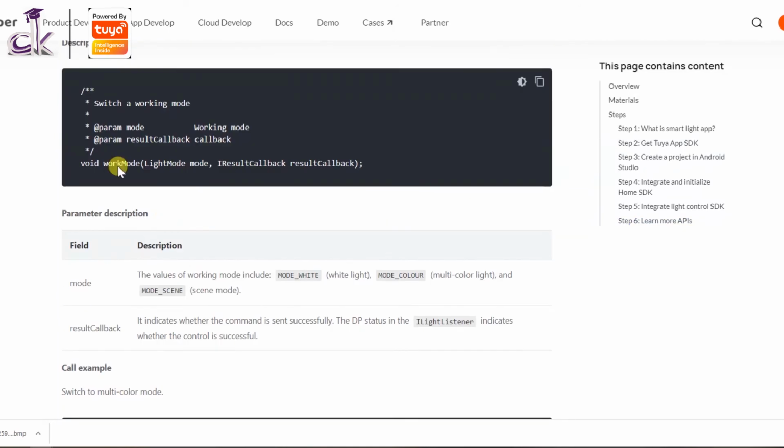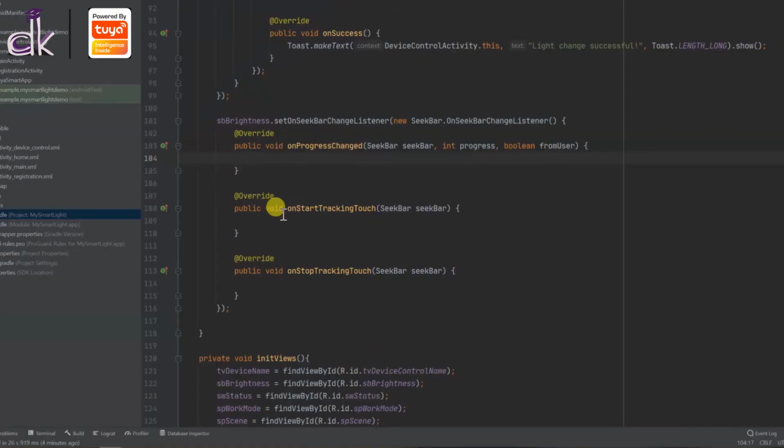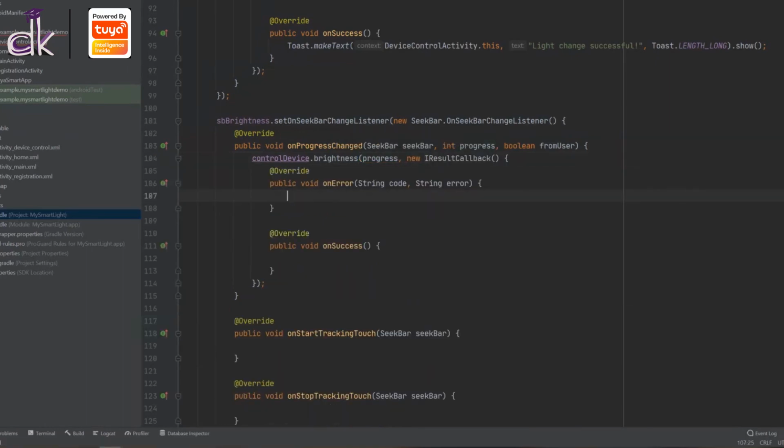There is power switch, there's work mode, there is multicolor mode, and yeah, here it is. So you can call brightness and then set the status. And okay, so control device dot brightness, and the first parameter is an int, so that is nothing but the progress itself. And next is new IResultCallback.